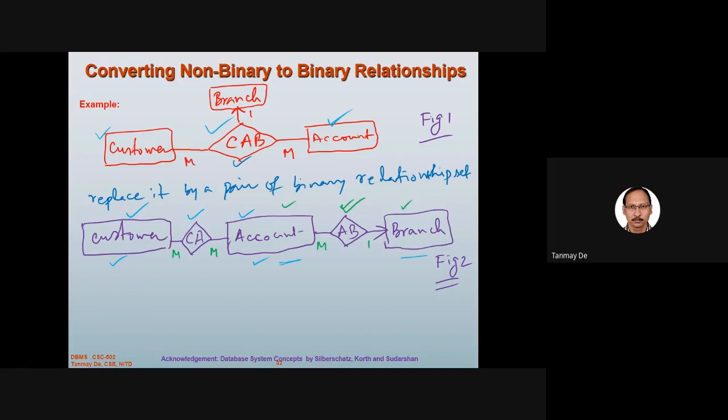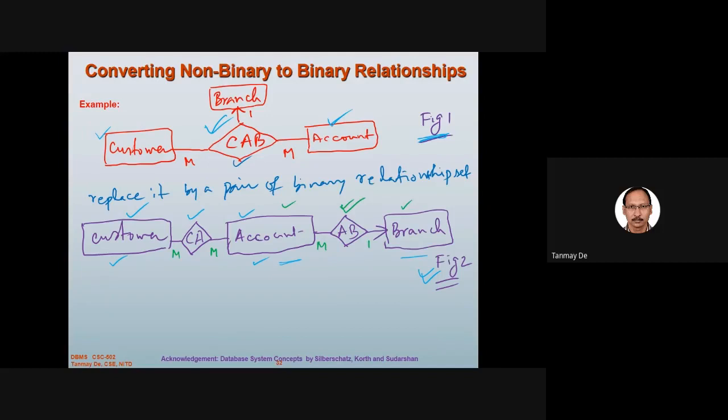That is, this is a ternary relationship, CAB. You can see figure 1. Customer and account can be represented only if associated with a corresponding branch. But later in figure 2, where it is converted into binary relationships CA and AB, in this case an account can be related with a branch